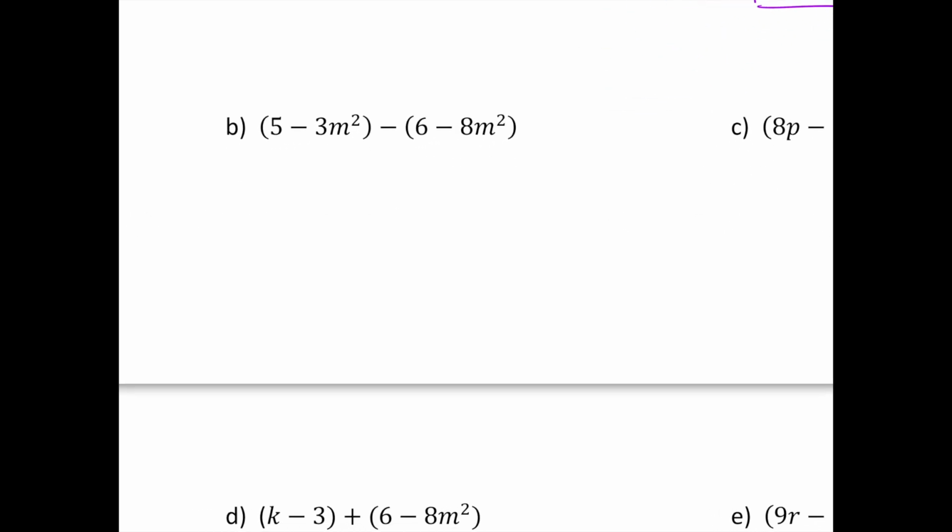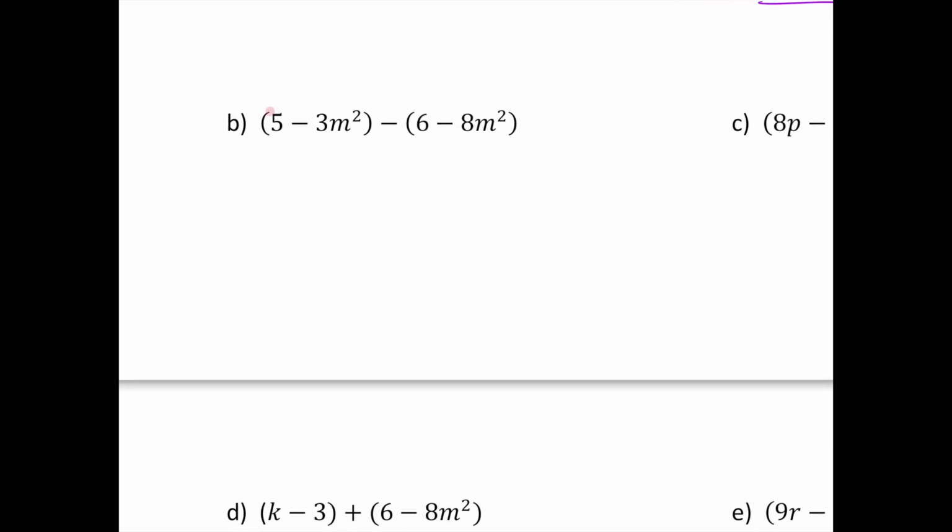For example B, again, the very first thing you should do is find those parentheses and look at what's in front of the parentheses. If there's not a number written, the number is a 1. And now we distribute this 1 through, and that gives us 1 times 5. And this is a positive 1, so don't forget to put the plus to represent the positive 1, times the